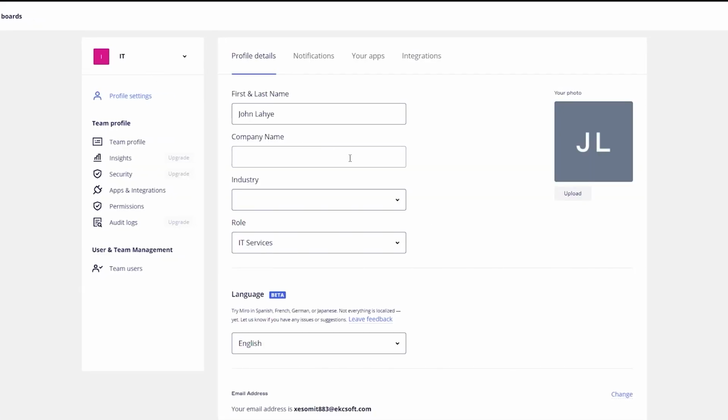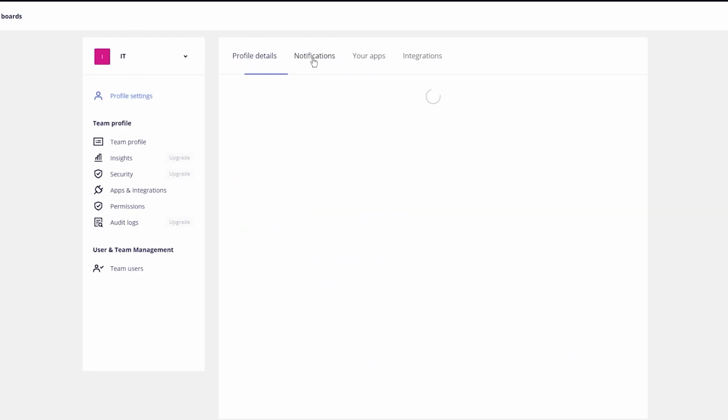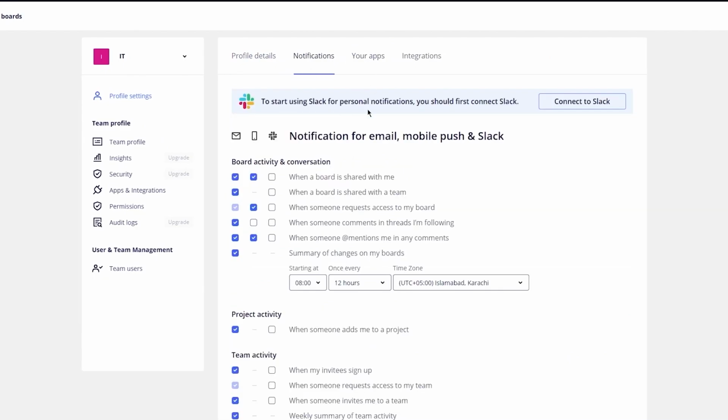And if you were to go into your Miro profile settings, you can change things from here too. Like if you're over here, you can change your notification tab. You can also integrate it with your Slack, connect it to your Slack. And what that does